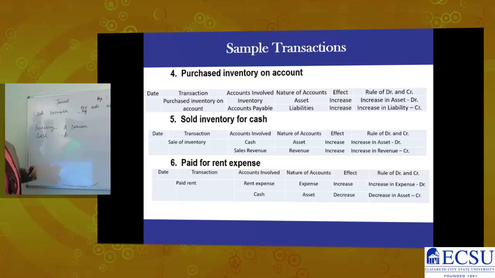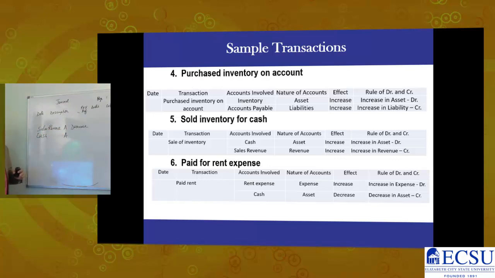Here in this case, when I'm selling the inventory, I'm not using the inventory account. Why? Because we will have to track the amount of sales I have made. So that is why instead of using the inventory account, I'm going to use the account known as the